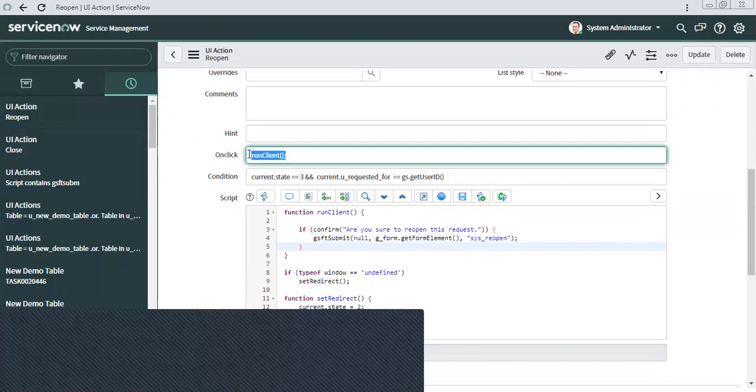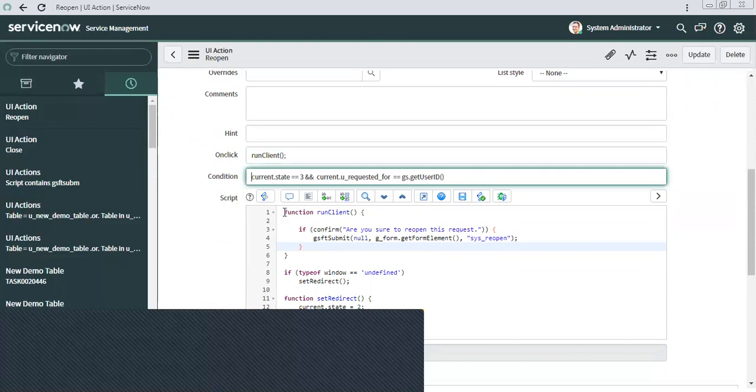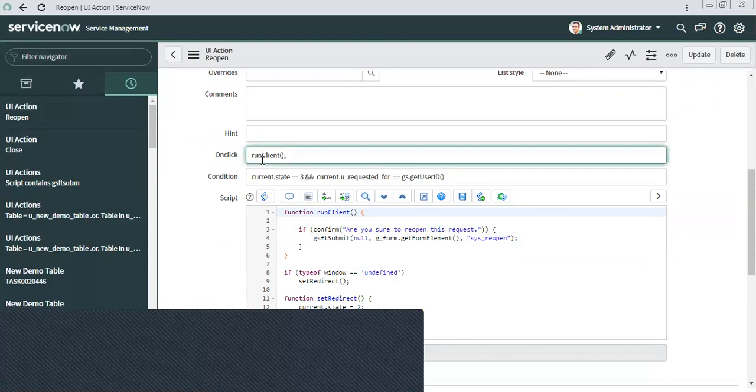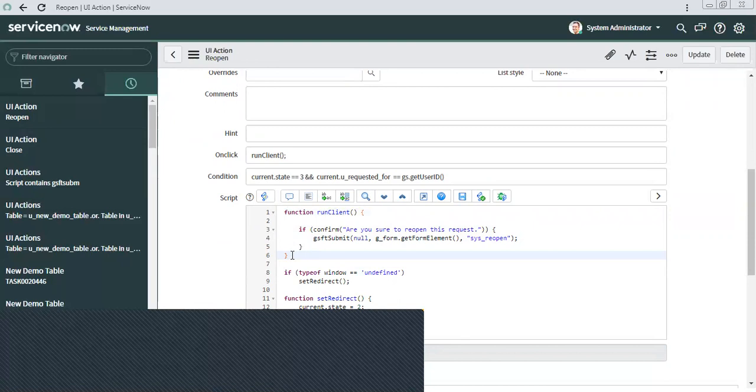In this field you need to define a function, and then inside that function, in the script area, you write all the client side code. This confirm is the client side function. The function I am defining here, I put the code inside that function only.